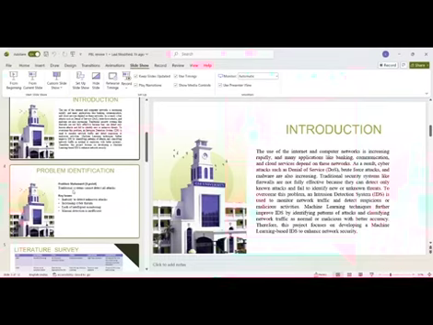With the advancement of technologies, machine learning techniques are now being integrated into IDS. These techniques help in analyzing patterns, detecting anomalies, and improving the accuracy in identifying both known and unknown attacks. Therefore, this project focuses on developing an efficient and intelligent intrusion detection system to enhance network security and protect the sensitive data. Next slide.